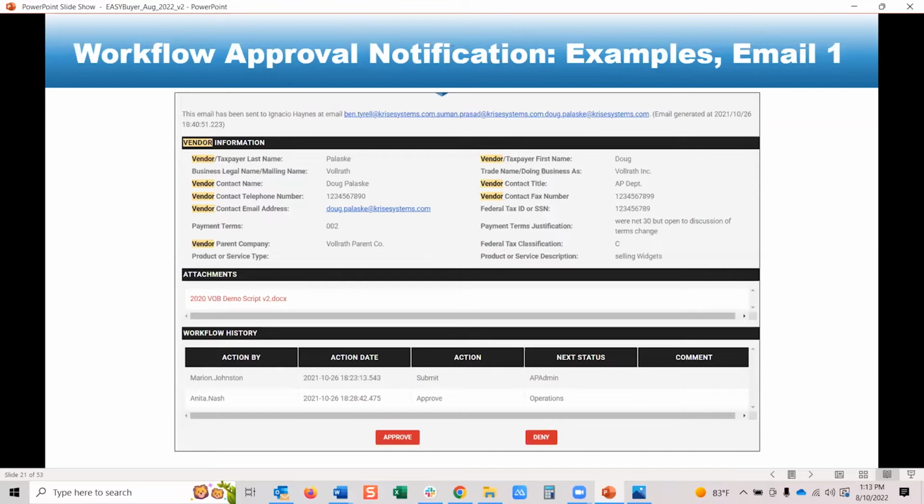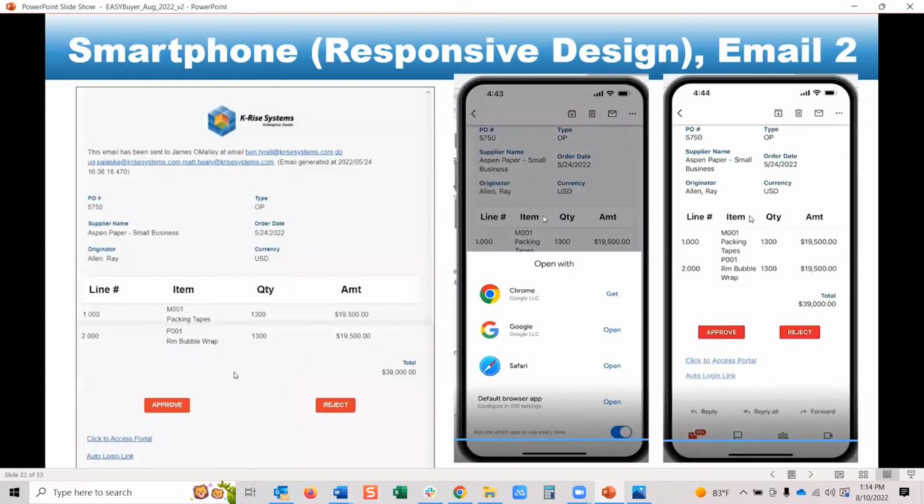So what you're seeing here is an example of an email notification where somebody can approve or deny it, and they're seeing the prior approvals and whatever you want to pull. It's a boilerplate, or I should say, form-based email template. So you decide what level of line item details or header level fields you want represented on it. And because we're great with responsive design, if you're dealing with emails and people are on the go, this is showing the same app here, from a responsive design.